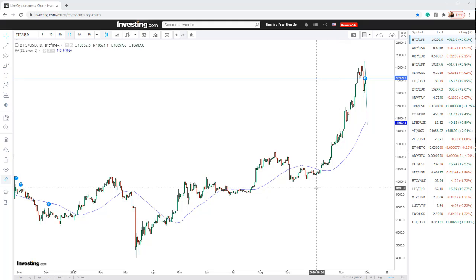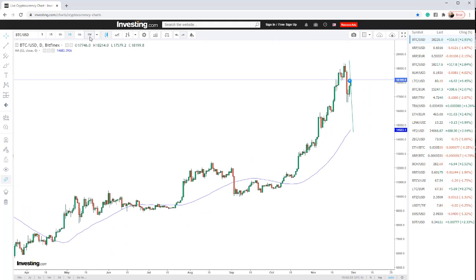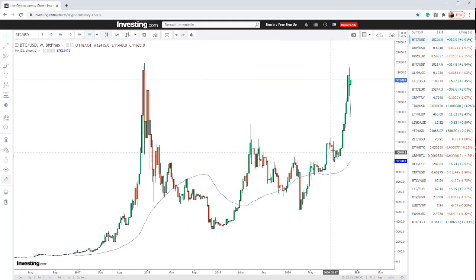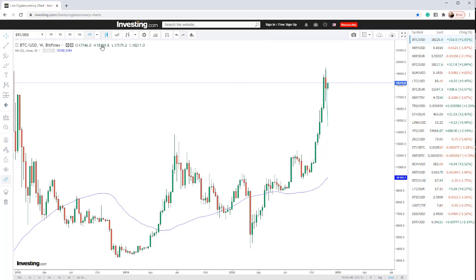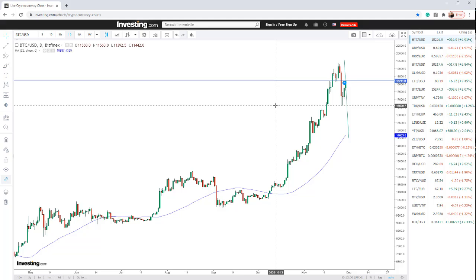Now, the interesting thing is that when it comes to Bitcoin, we are in a very, very big bull market through here with a definitely very strong breakout. You can see it actually made a massive double top back here in 2016, which also caused it to stop. But looking at Bitcoin here, let's go back to the daily charts. I'm just going to do a good old